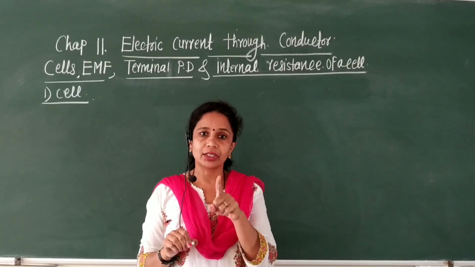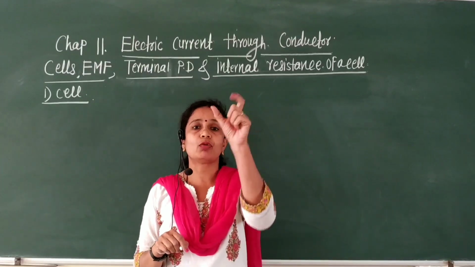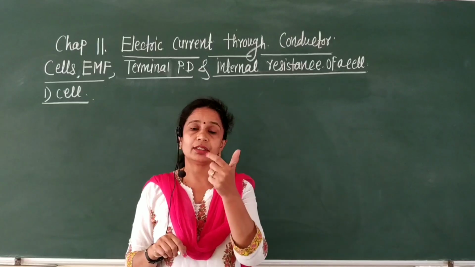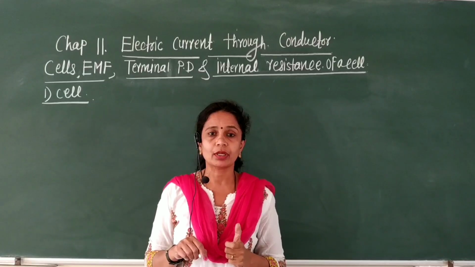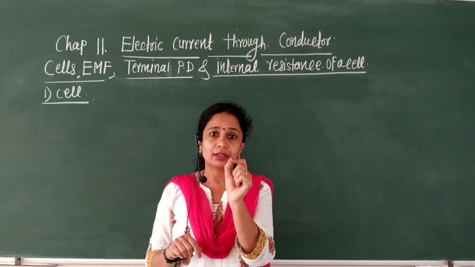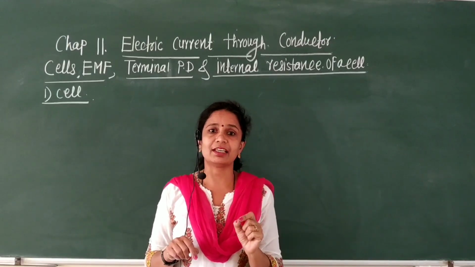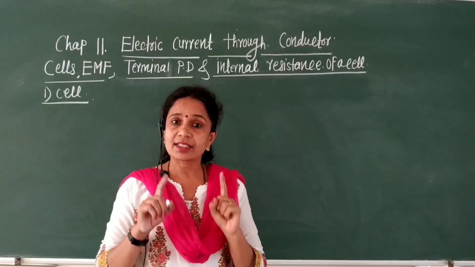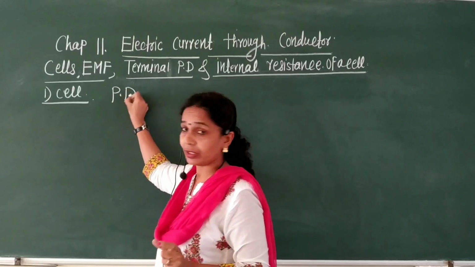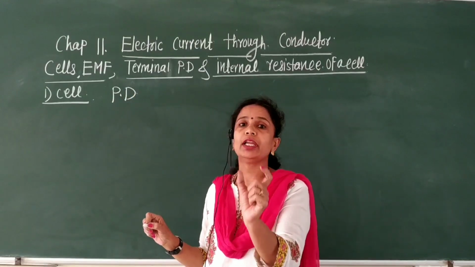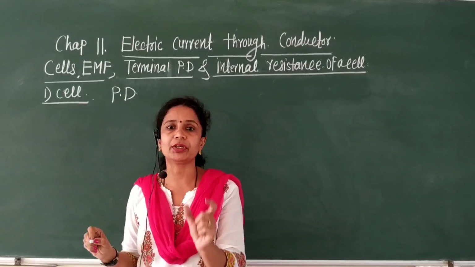in a TV remote, in different watches, of course the watches on the wall, and in the transistor, that is, the radio. Therefore you know this cell very well. This cell is not the biological cell. This is the physics cell. Then what do you mean by the cell? A cell is a device which maintains the potential difference between the two electrodes due to the chemical reaction between them.